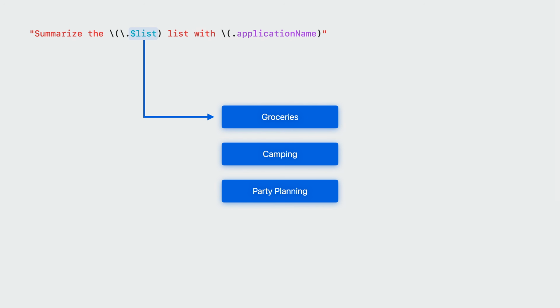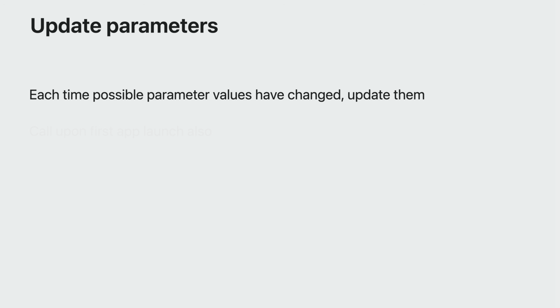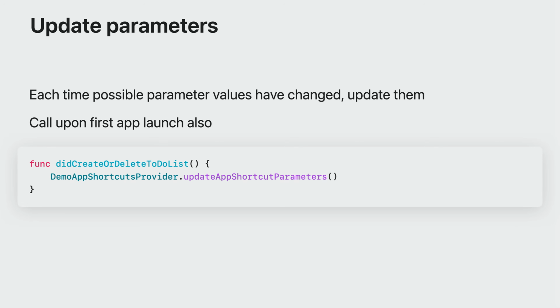App Shortcuts supports parameters that have a fixed set of well-known parameter values that you can specify to Siri ahead of time. They do not support open-ended values like "search my app for X," where X can be any input from the user. You can use parameters that are app enums, in which case the values are known ahead of time, or you could use parameters that are app entities to be fully dynamic. All you need to do is return a list of entities in your query via suggested entities, like in my app. And as a final step, I need to call update app shortcut parameters on my app shortcuts provider object.